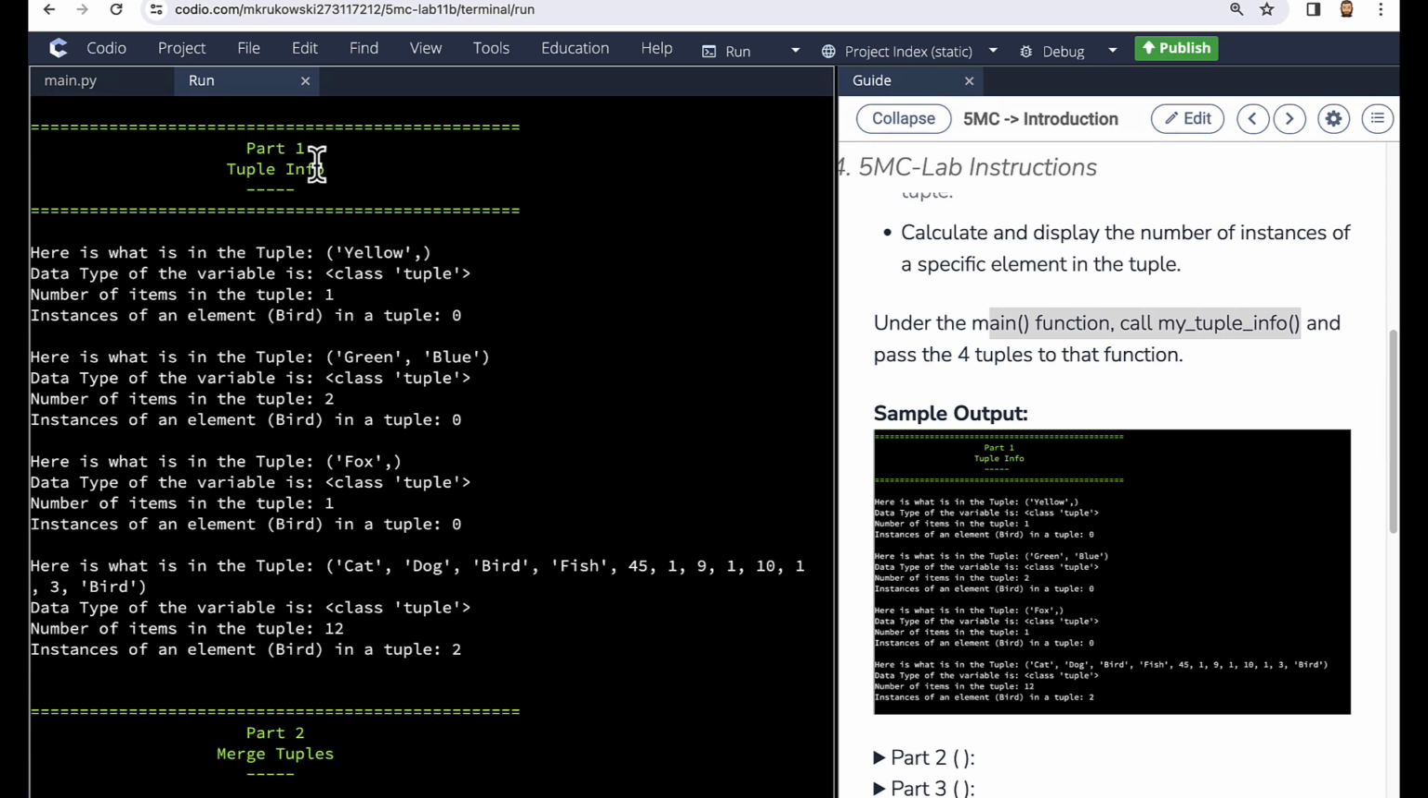here is our output for part 1. So yellow was in one of our tuples there. It is a class tuple. Number of items was 1, and the number of instances here happens to be 0 of the word bird. Same thing with